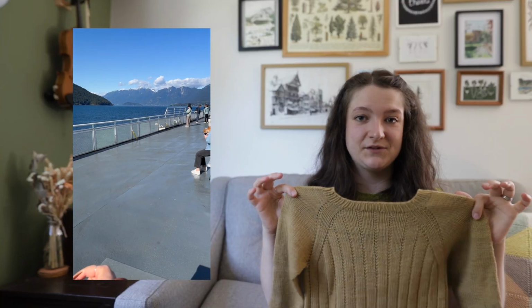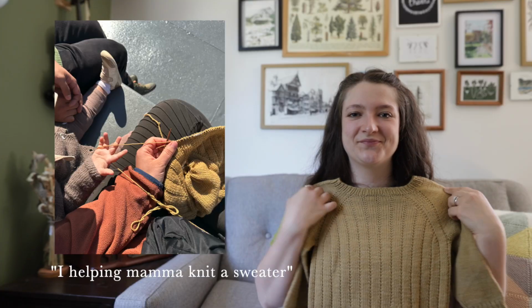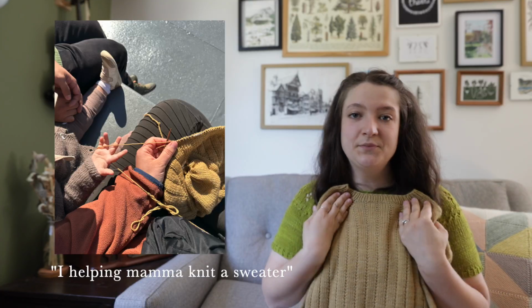And I was able to knit on this without looking so that I could just keep my eye on the horizon. So that's quite fun. And yeah, a simple sweater to add to her wardrobe, which is just perfect. I will also quickly mention that I finished the cross sweater by PetiteKnit that I was working on